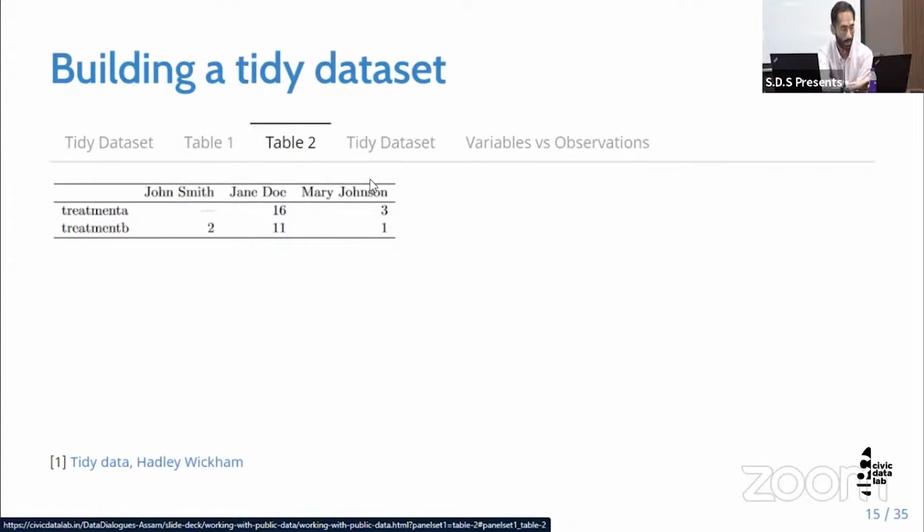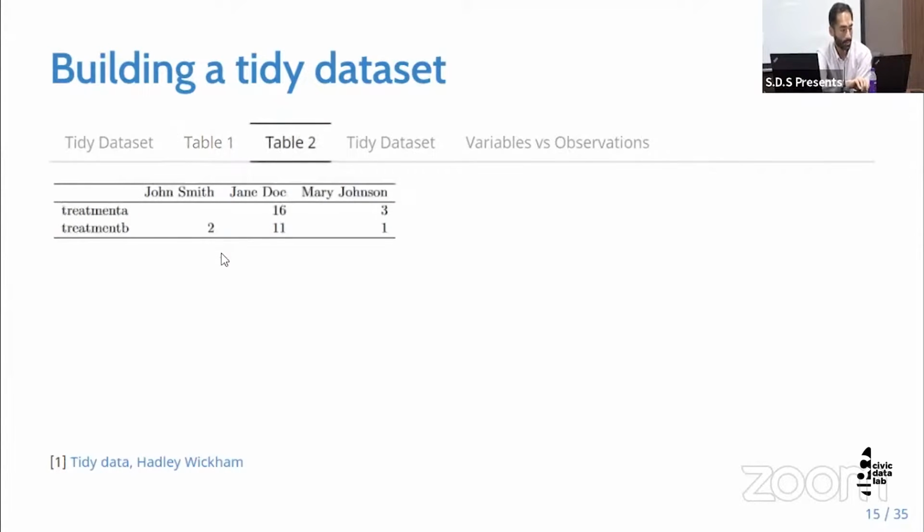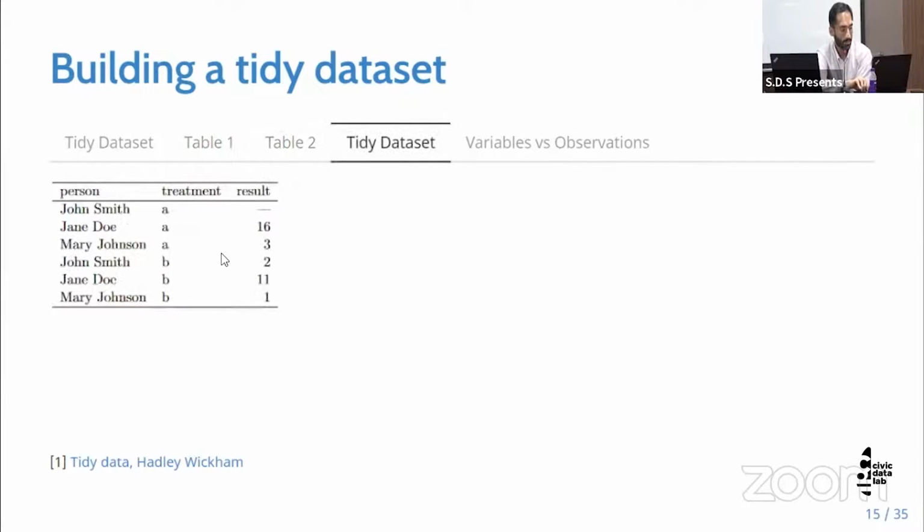Now let's see what a tidy version of this dataset looks like. So if you see, both table 1 and table 2 represent the same thing. Alright, it's the same table, just a different way. So table 2 is the transpose of table 1. But now let's see what a tidy dataset is. This is again the same table, but now what you have is, you have,